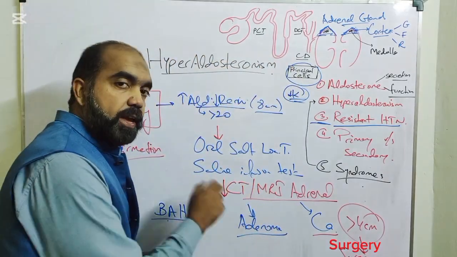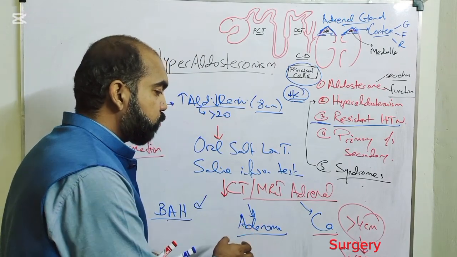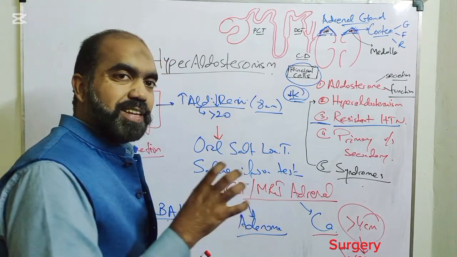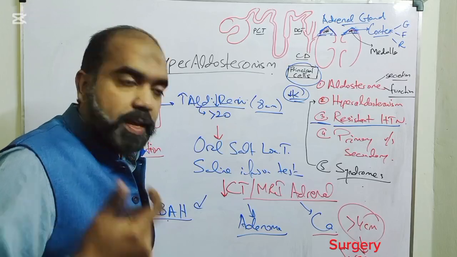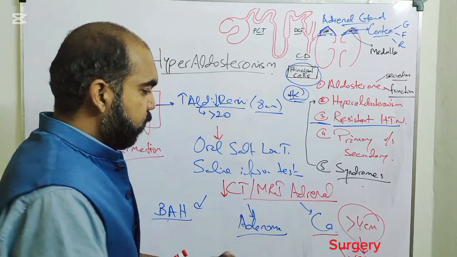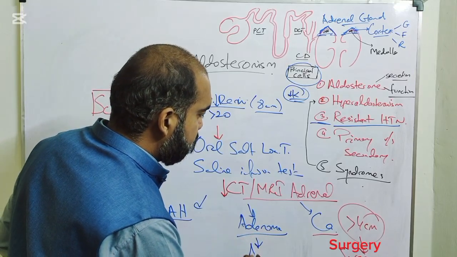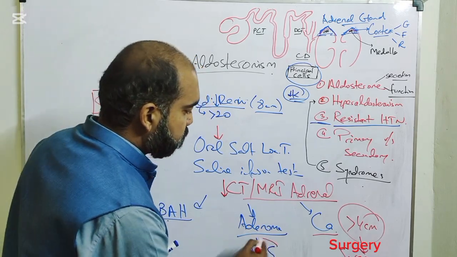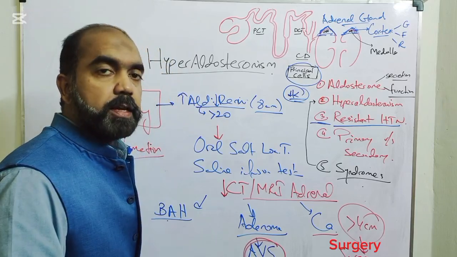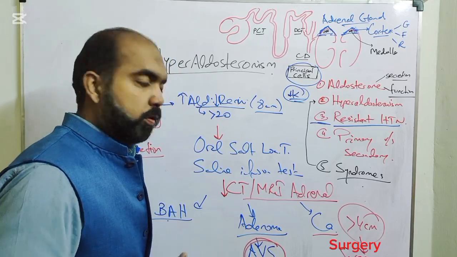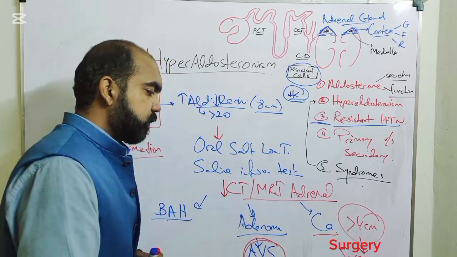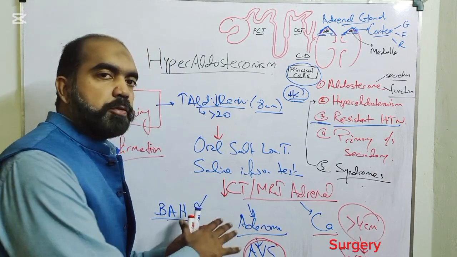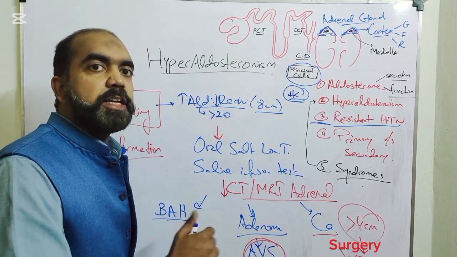In the case of adenoma, we usually have to confirm. How do we know if it's an adenoma? Usually the size is less than 4 cm, and it appears to be unilateral, and maybe it's an adenoma. So what will we do? We do adrenal vein sampling. And if in this sampling there is more aldosterone unilaterally, it's confirmed that it's an adenoma. Now the treatment depends. It can be surgery plus or minus